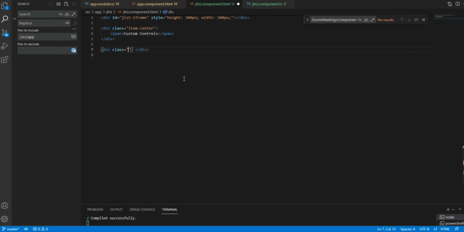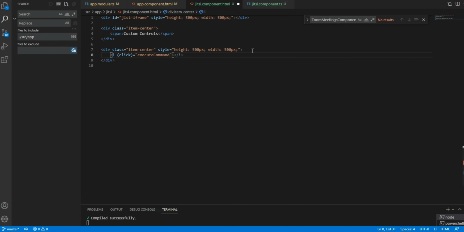Now item-center. Inside this we will write the custom buttons, including icons.